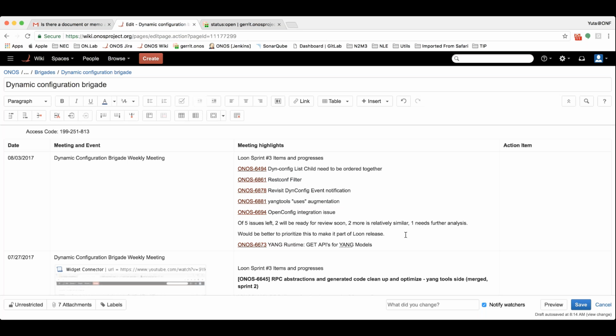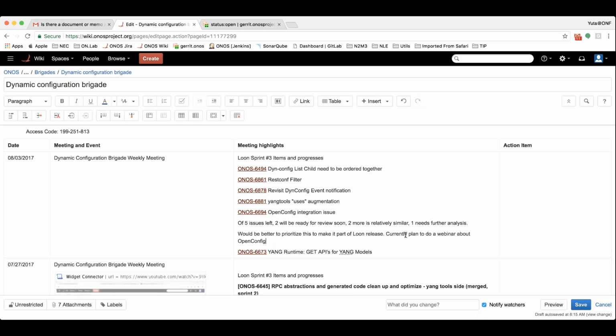I'll create a Jira story for that, and then we can go from there. The requirement would be that we use the YANG runtime only for the second part, starting after the device, to get the resource ID resolved by the YANG compiler.